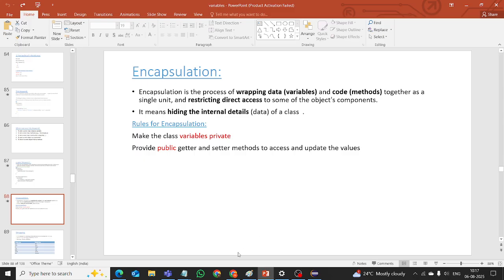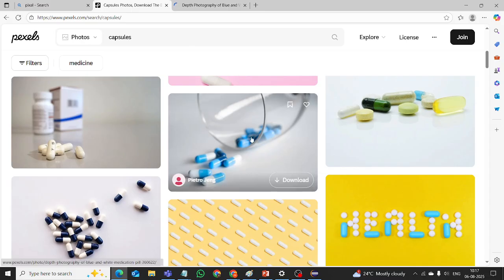So it is the same as a capsule. What does a capsule do? In the capsule we can see the shell only, the white color and blue color. It hides the data. What is the data here? Medicine. It might be powder, it might be some tiny balls. Okay. Same concept, capsules in